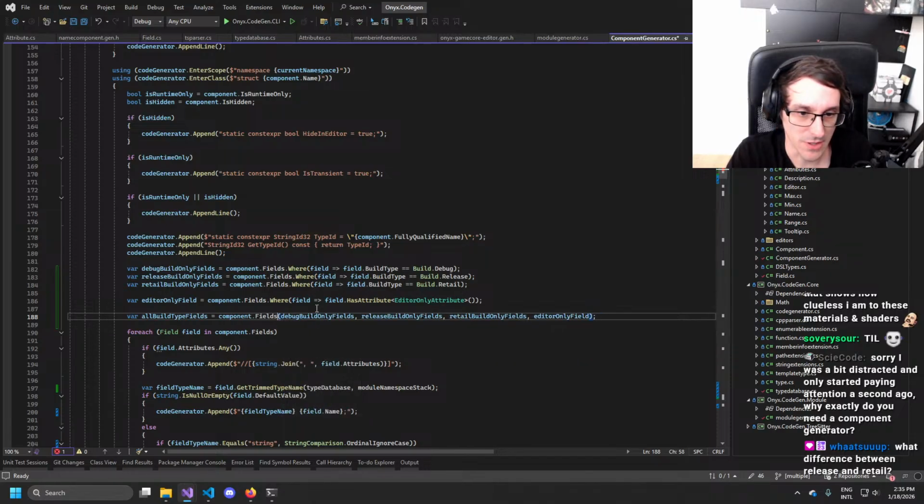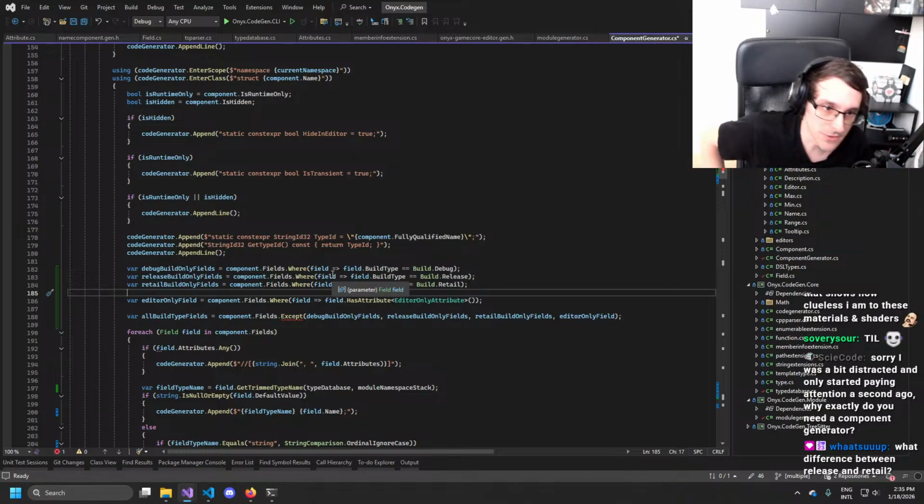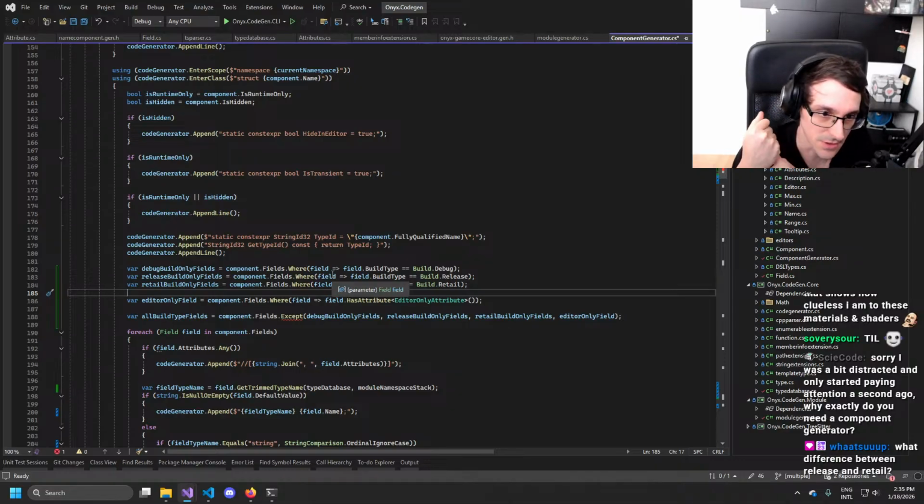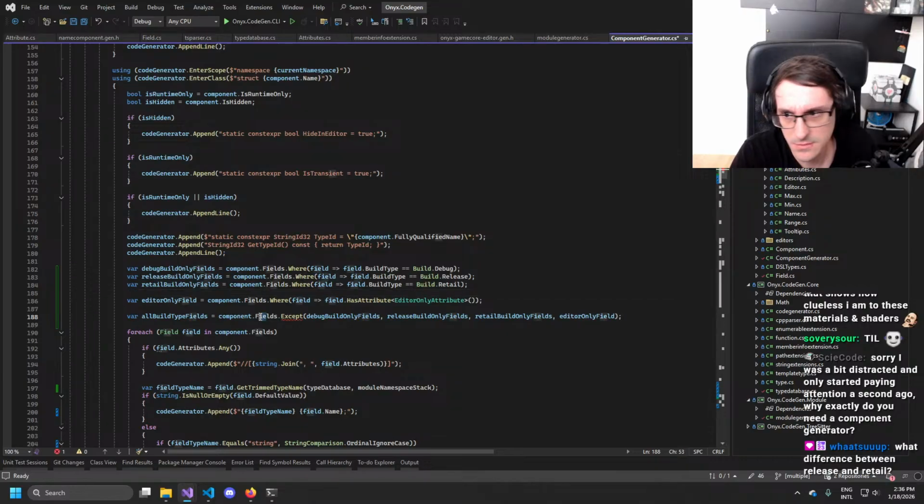The difference would be release still has profiling and assert in there. So release is very close to retail. The only difference is you still have logging, you still have assert, potentially profiling in there, but you don't have debug only stuff like string IDs, for example, I think are gone.